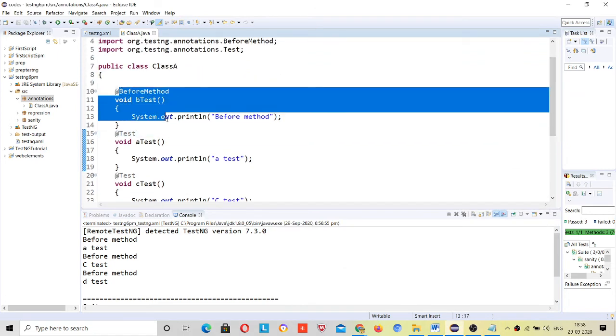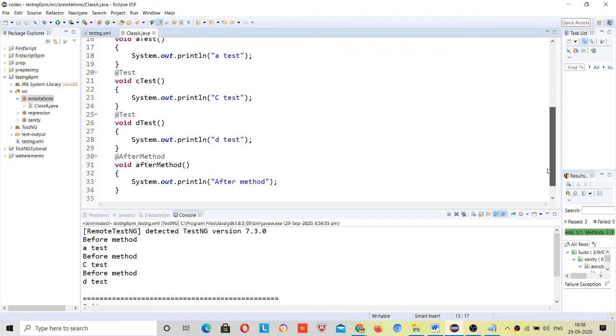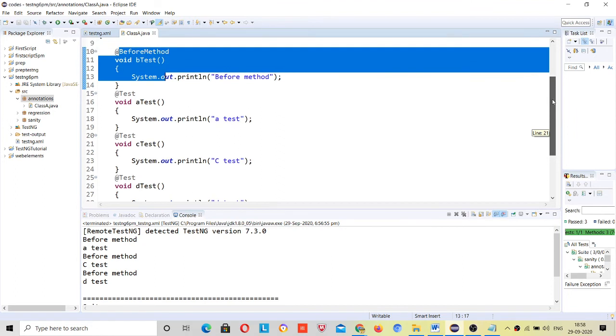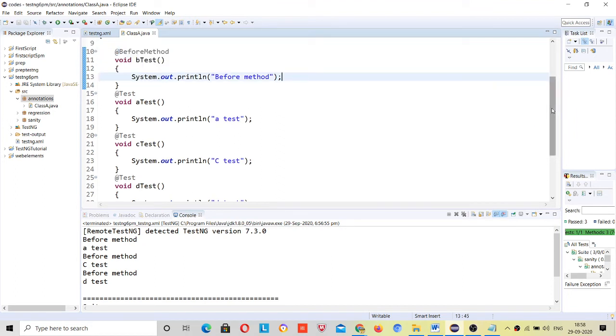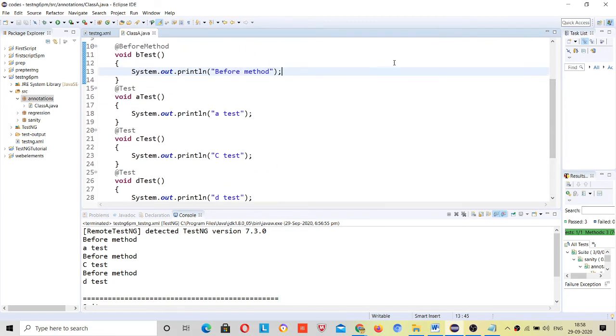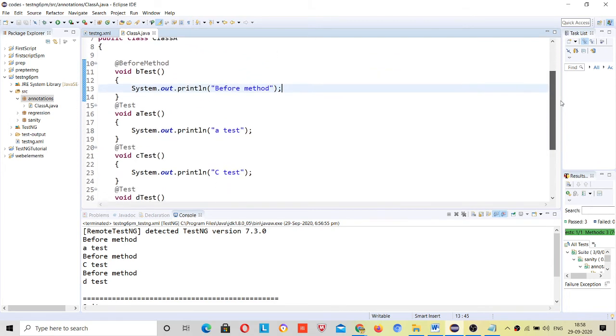Before method will run, its priority is high just because any before class annotations is not there, any before test is not there, any before suite is also not here, so it will decide its priority, right. So first of all it will run before method, then normal method, and then after method, I have used after method, right. So what will happen? First of all, it will look how many total normal methods, 3, so it will decide that I have to run 3 times.